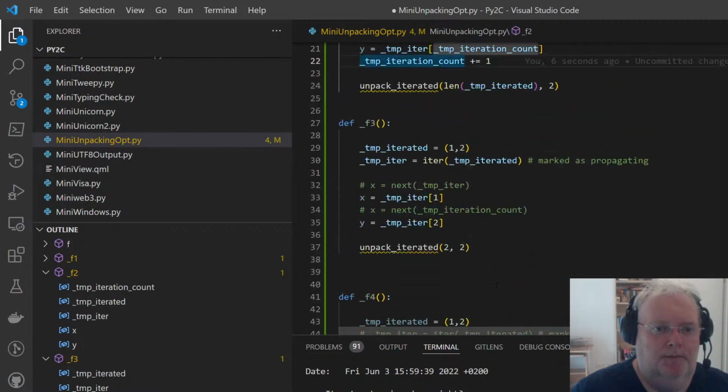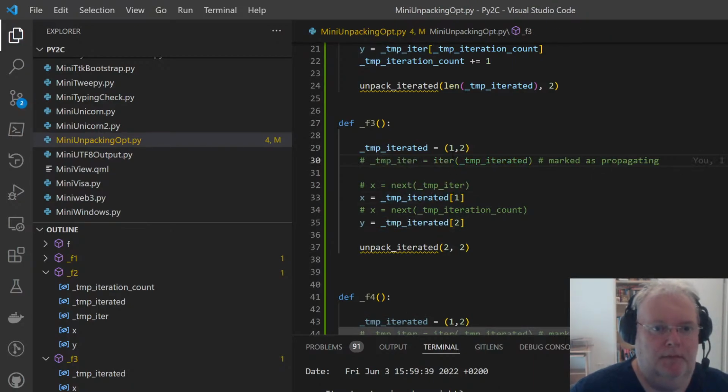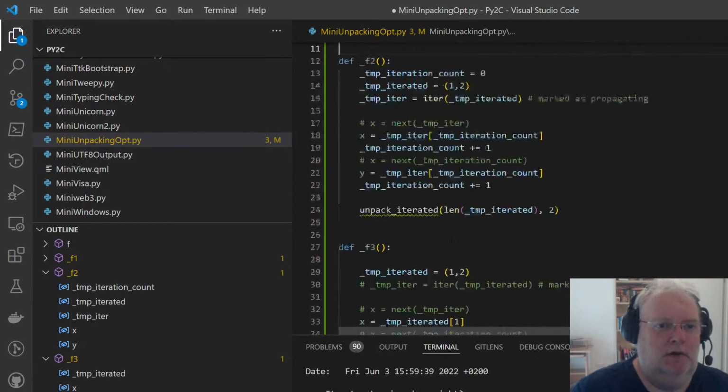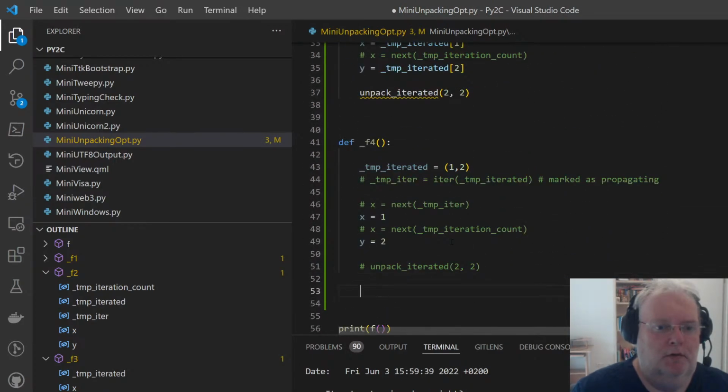I think it should already be temp iterated. This one is gone. And now this one is also eliminated. This one is eliminated. And yeah, I did the return: return x plus y.